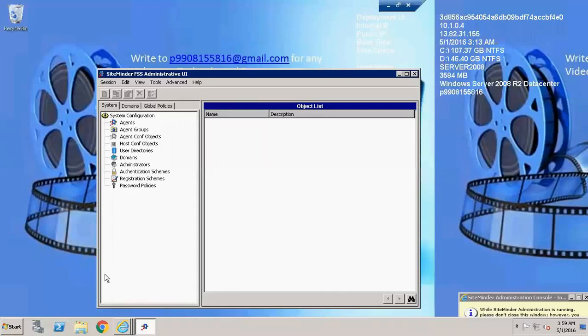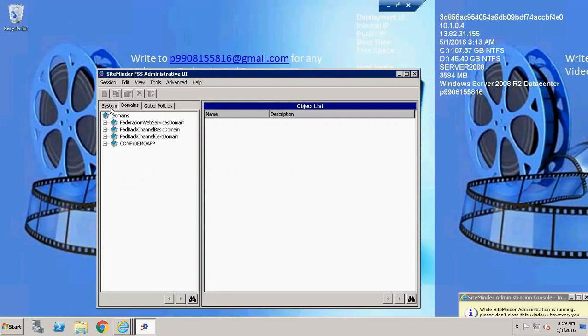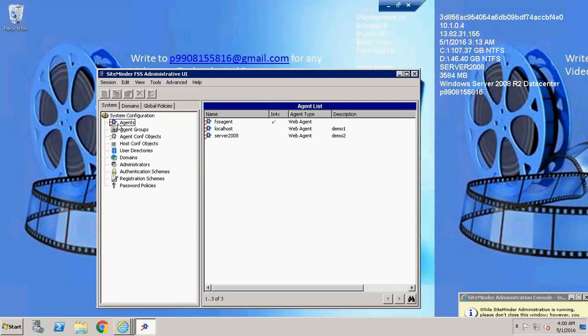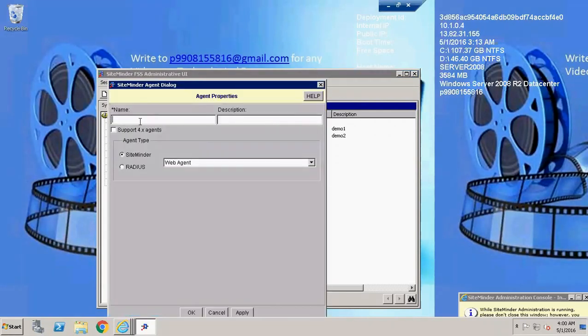So to push a website or web application behind SiteMinder, we need to create a few system objects and a few domain objects for that website. When it comes to system objects, the first and foremost thing is we need to create an agent object for that website. The agent object primarily holds the FQDN